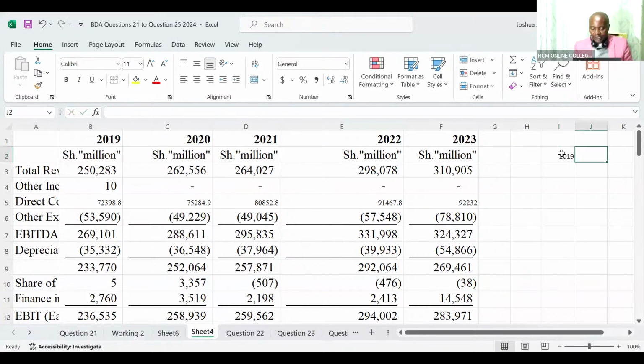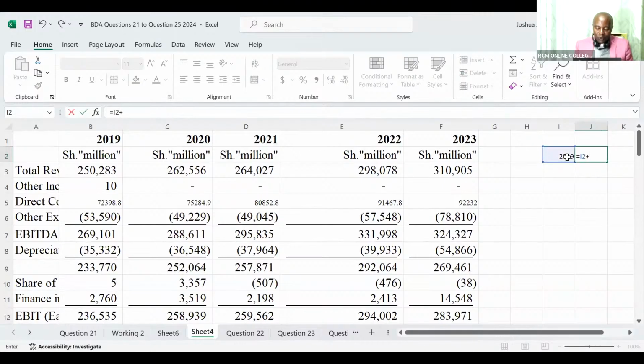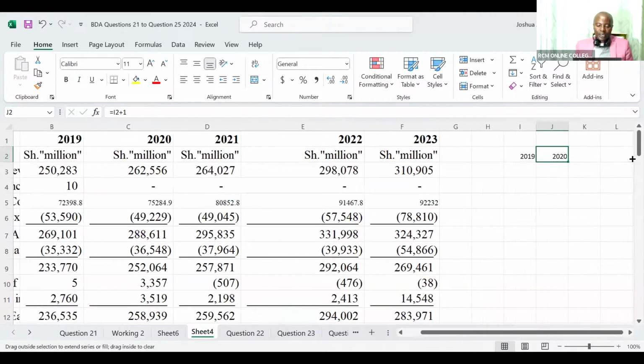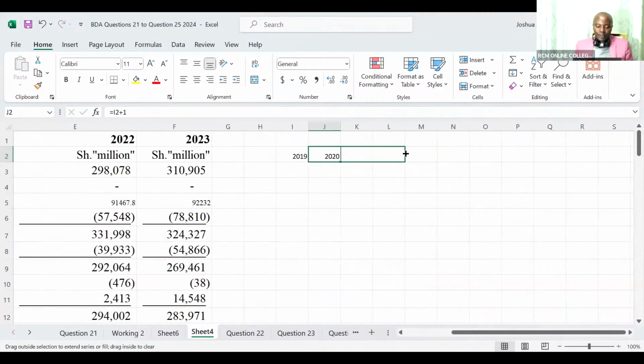And then I go to the next cell. I will use the formula: equals, I pick this last year, plus 1 to reach 2020. Then Max Miller, from here I should be able to pull this as I count. So we have here 2021, 2022, 2023, like that. All right. And then, ladies and gentlemen, these guys want me to pick